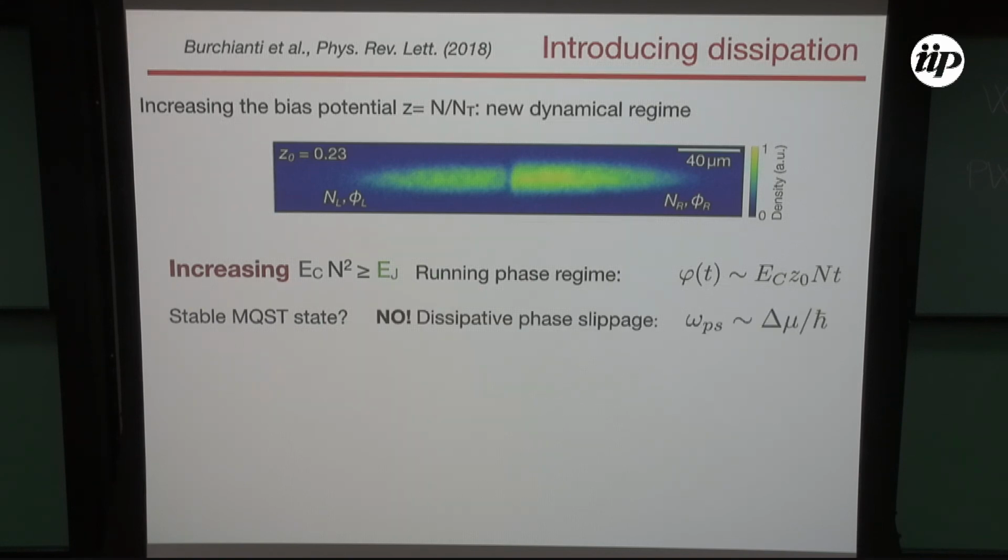Well, what we see is not that, because in fact we enter a regime of dissipation driven by phase slips at a rate that is just given by the Josephson-Anderson relation, so it's just proportional to the difference in chemical potential that I can control at the beginning divided by the Planck constant. Well, I want to tell you that macroscopic quantum self-trapping is pretty pathological of atomic systems,